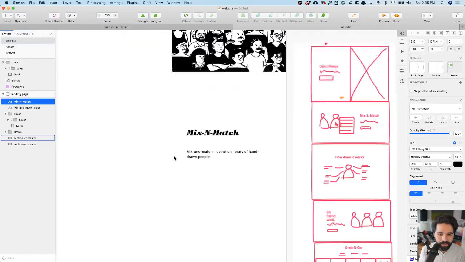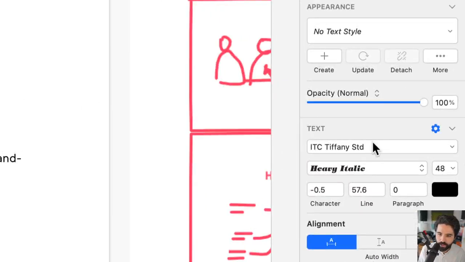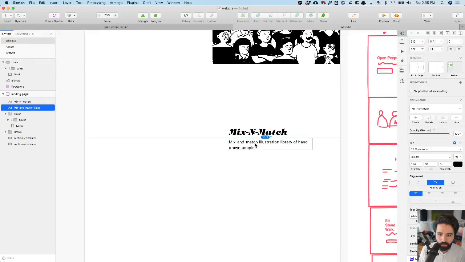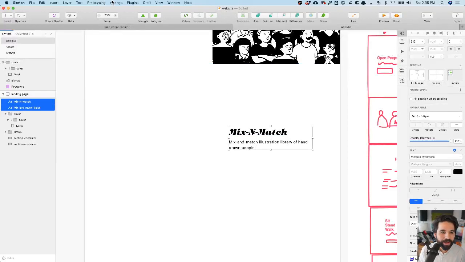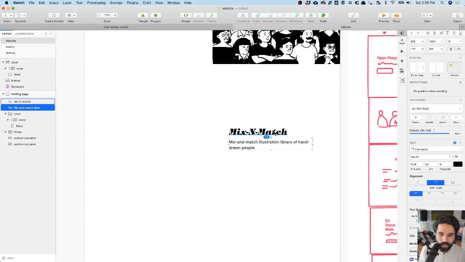By the way, the typeface that I'm using right now is called Tiffany. Let me just zoom in so you can see it. This one, Tiffany, is amazing. I love it. It's beautiful. So I'm going to try it out. If it doesn't really work, I'm potentially not going to use it. But I'm going to try it out, and hopefully it does work. And okay, so